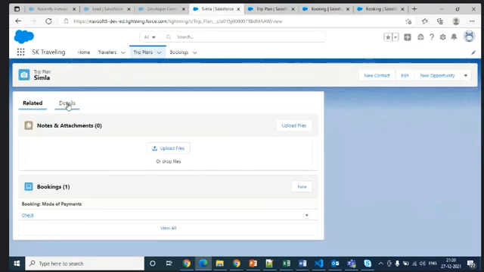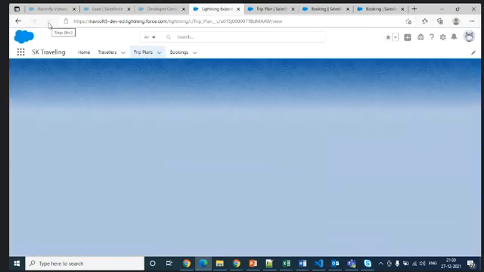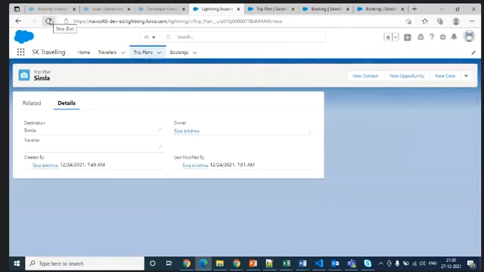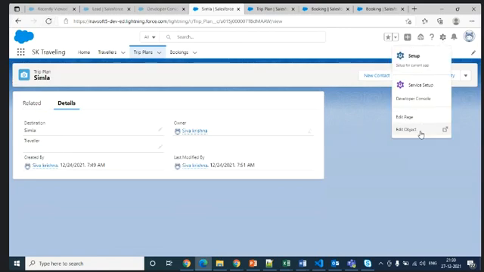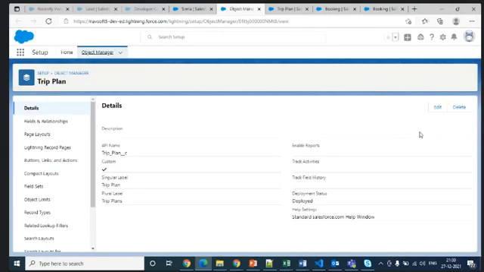Now test it out to see how it is done. Refresh this page. To verify whether the field is added into this layout or not, go to the page layout and see that.